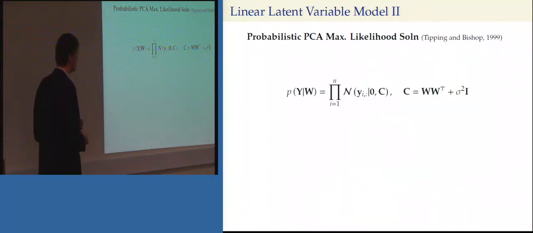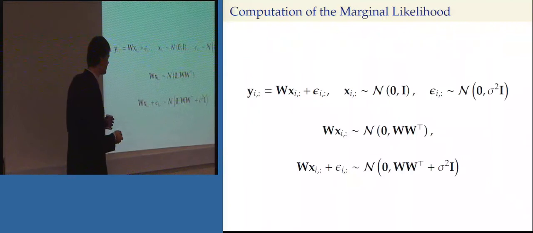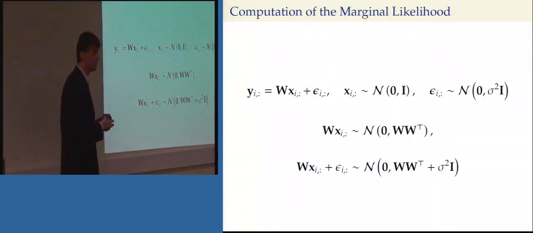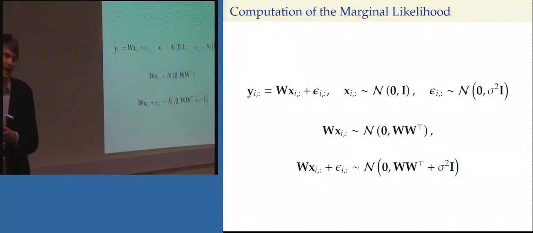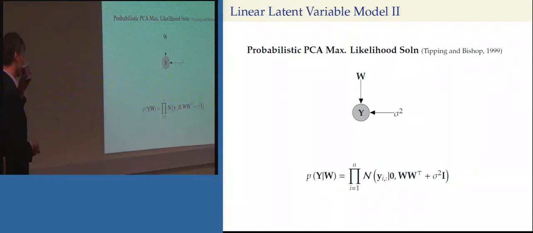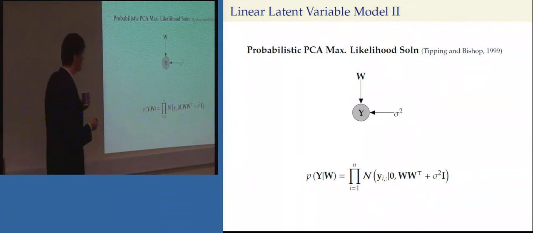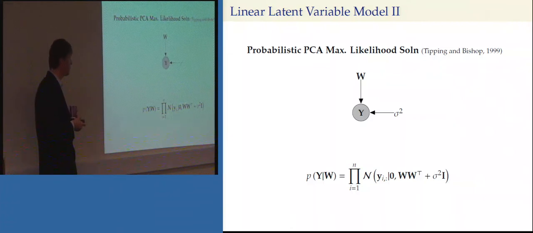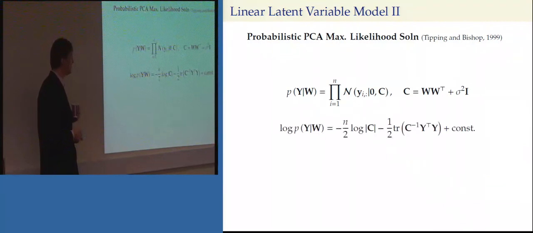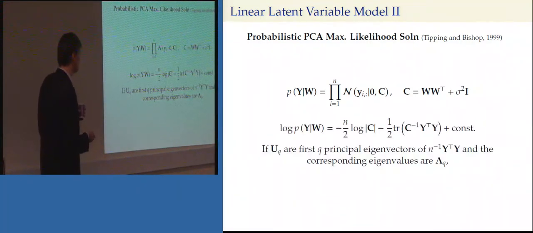So once you get to that point, Hotelling realized that without this diagonal noise, this system was solvable by an eigenvalue problem. What Mike Tipping and Chris Bishop did in their 99 paper, and I was at Aston around the time Mike was working on this, so this is a big influence on me, and I knew Mike very well, still do, was they proved what the maximum likelihood solution for this is. And it's sort of non-trivial because you have to do a bit of a substitution with a singular value decomposition. But the result comes out like this: